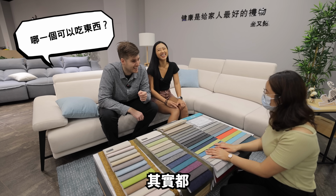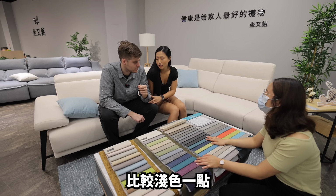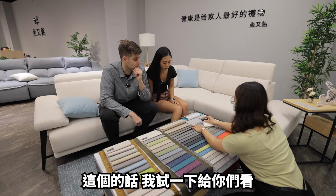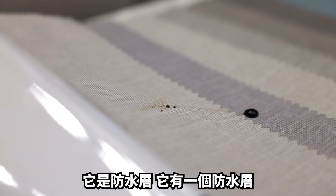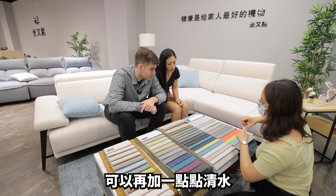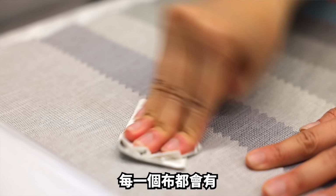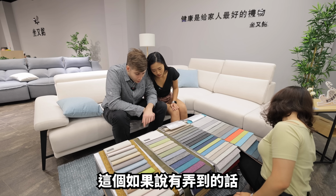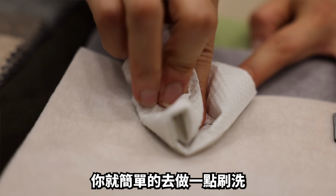哪一个可以吃东西？还好清洁啦，因为其实我们比较想要的是浅色的沙发，对不对？要浅色一点，lighter color. 我试一下给你们看。Is that soy sauce? 不会，因为它有防水层。你就稍微简单的帮我先按压一下。可以再加一点点清水，再拿个纸巾把它吸起来。如果弄到原子笔，因为它是油性的，要加一点点洗碗精，然后用个软毛刷简单刷洗，把它吸起来。